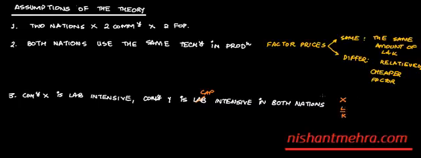So the L by K ratio, that is the amount of labor upon the amount of capital, is higher for X than Y, in both nations, at the same relative factor prices. So what you are trying to say is that